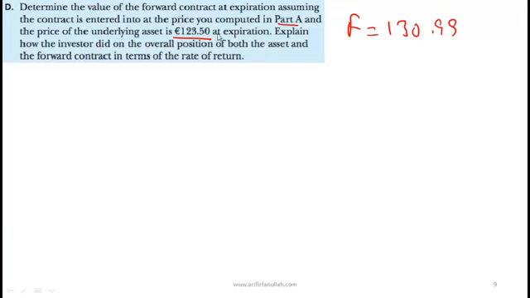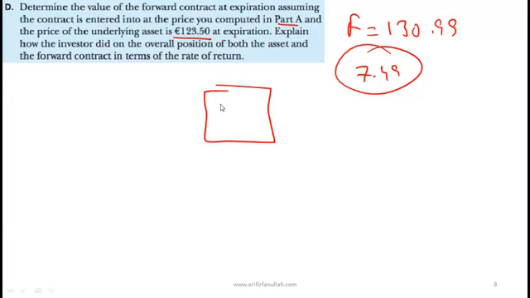So for completeness, this was section 7. So the question is this: the benefit to the short, on the asset or on the contract? This is the benefit on the contract. So the way you think of it is this piece of paper where the short had what commitment? The short had a commitment that he will sell for